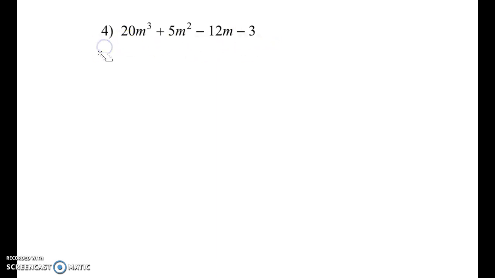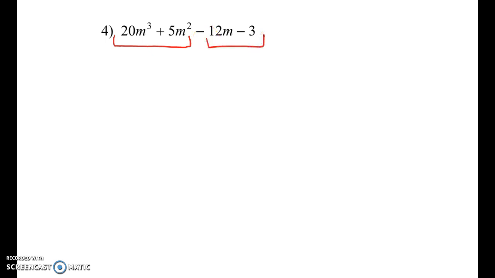The first step in all factoring is always the same. You're going to look for a common factor. So I look at 20, 5, 12, and 3, and there's no number that goes into all of those, and there's no variable that goes into all of those. So I can jump straight to my next step, which would be to group. The reason this is called factor by grouping is because you're going to group the first 2 and group the